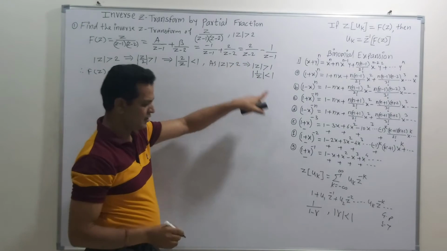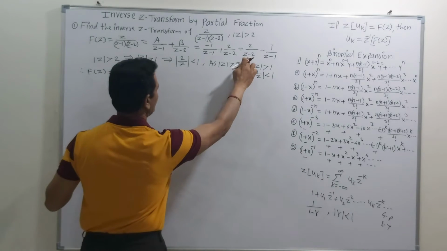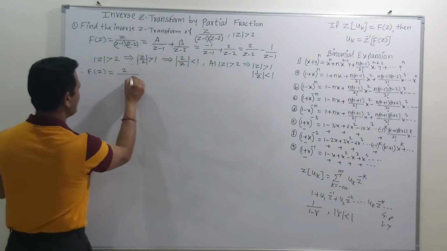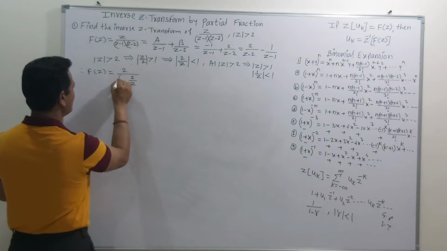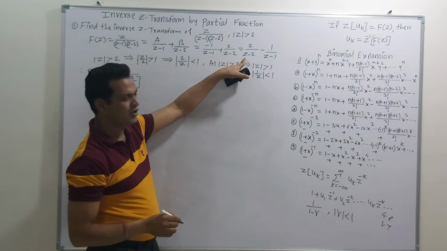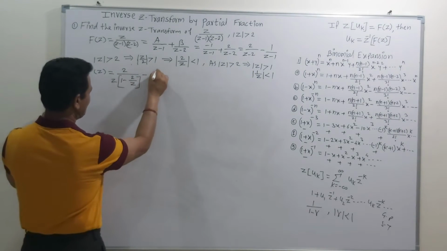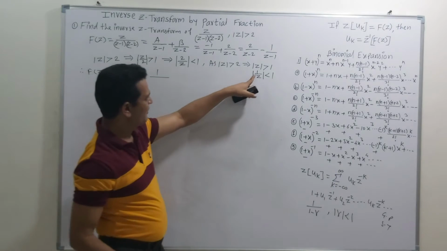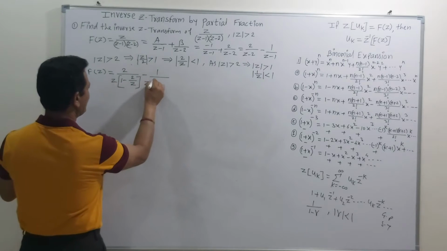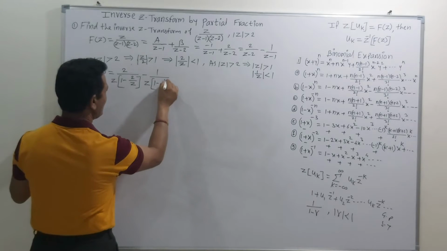So now try to write this condition. For this first factor, to get this standard form so that we can apply this concept, write down the value of the denominator as 2 upon z, and 2 upon z is possible when we take the term z common. So after taking z common, we get 1 minus 2 upon z, the middle sign is minus. Now we require the 1 upon z term. So 1 upon z is possible when we take the term z common. Then we get 1 minus 1 upon z.